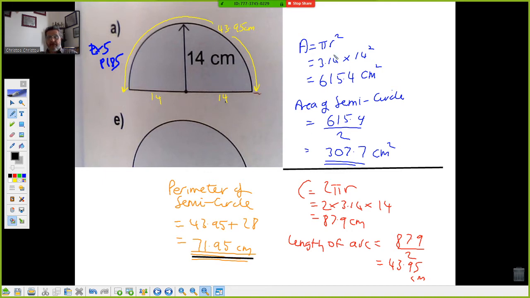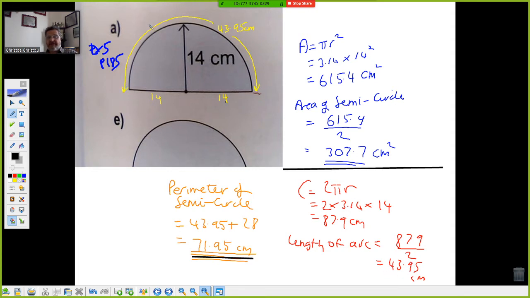So I went from the blue straight to the red. I've got to work out the circumference of the entire shape, and I'm given a radius. So I'm going to go 2 pi r, and there's my radius of 14. That's a radius here. I remember you didn't recognise that in class. I said, yep, it's definitely a radius, not a diameter. So there's your circumference. Divide by 2,